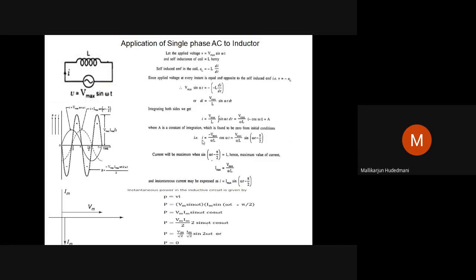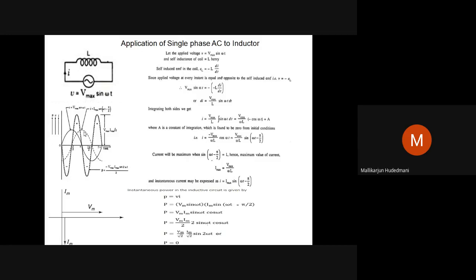So therefore, we can write the wave. You can see the dotted line here. The dotted line is the current wave. The current wave begins from pi by 2. So at pi by 2, it starts building the wave and goes forward. What is the meaning of that? The current wave begins pi by 2 radian later than that of the supply voltage, meaning the current is lagging behind the voltage by pi by 2 or 90 degrees.